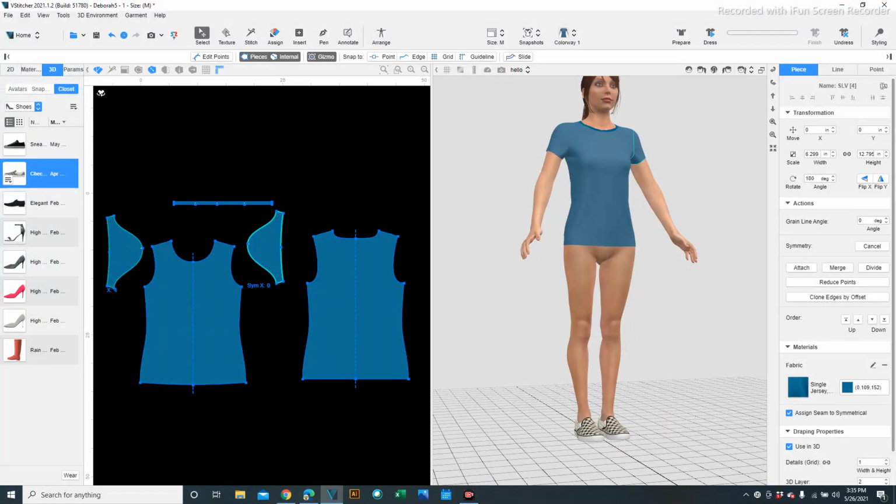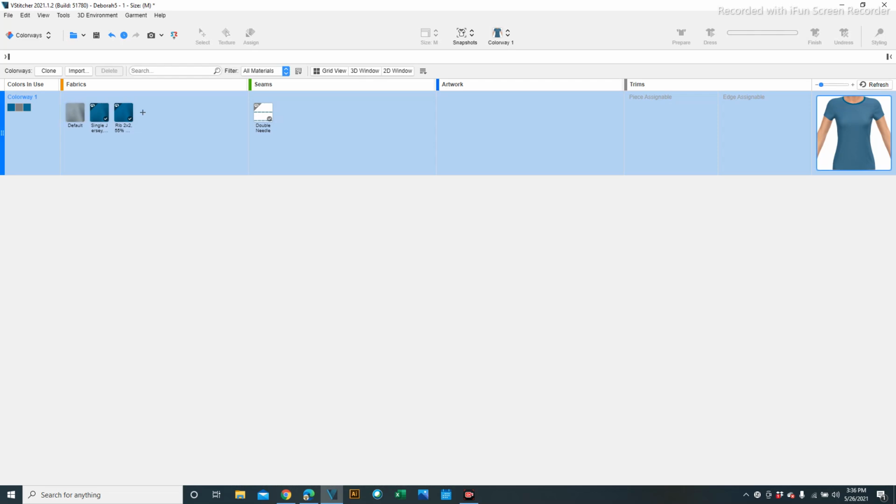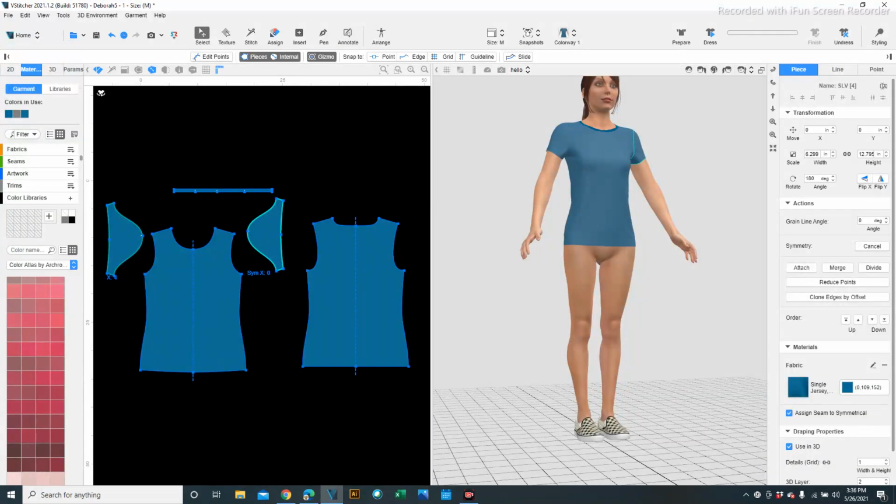The first button on the left side of the main toolbar allows us to easily switch from the standard workplace, how it looks right now, to the colorways workplace, and come back again. The colorways workplace is great for